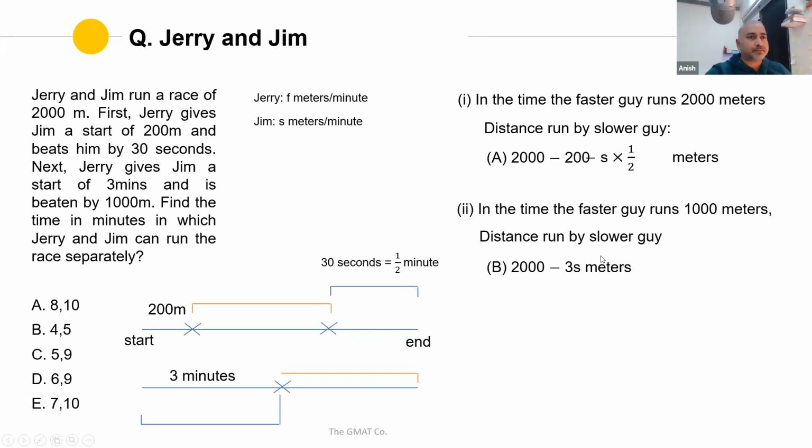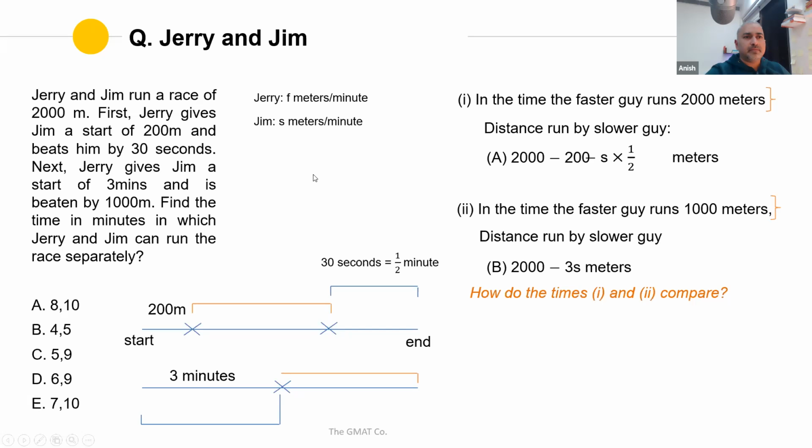All right. So why am I dealing with these? Because one thing I noticed initially, that in the second race, the faster guy is running 1000 meters. That's a very interesting figure. That's the middle point, right? So I wanted to use that characteristic that he'll reach the middle point. He's only able to reach the middle point in the second race. Now,